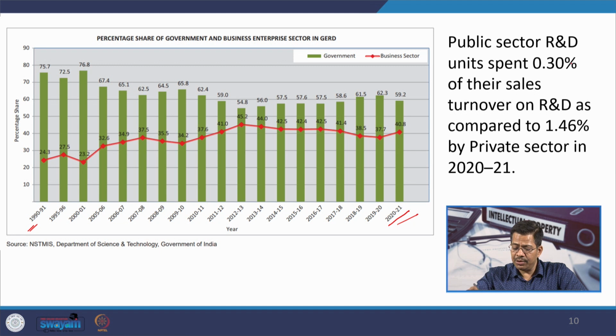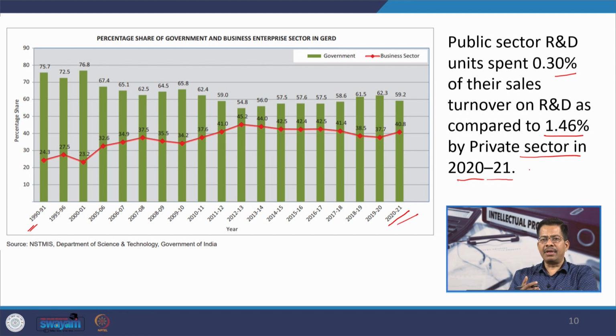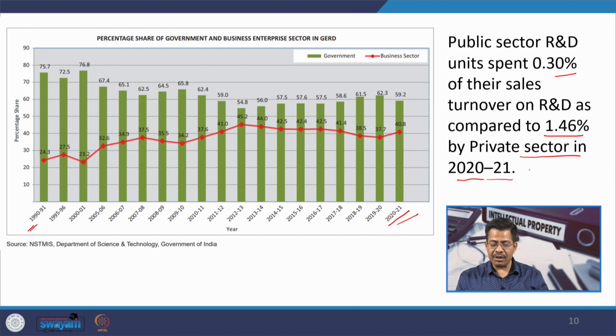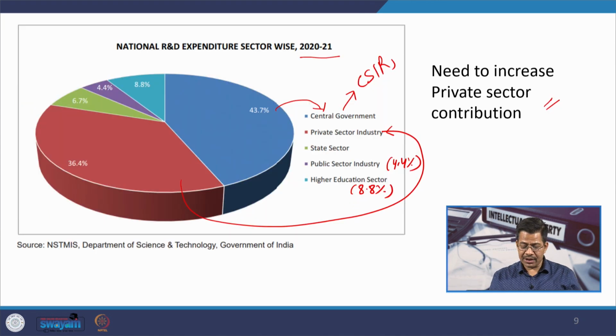Public sector R&D units spent 0.30% of their sales turnover on R&D, as compared to 1.46% by the private sector in 2020-21. So, the public sector spending is so low, while the private sector is spending a lot on their R&D activities, but even then the cumulative contribution, it is on individual organizations, but the cumulative contribution is around what we just saw is